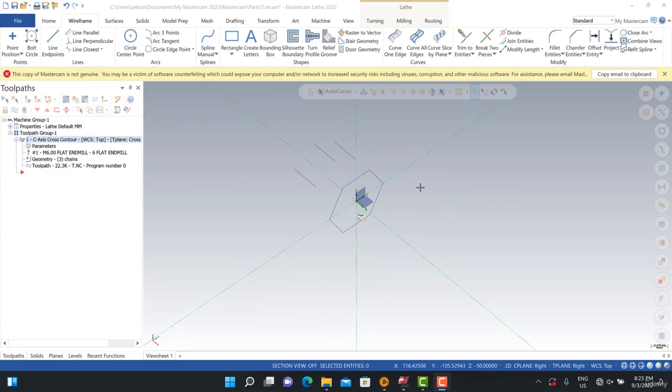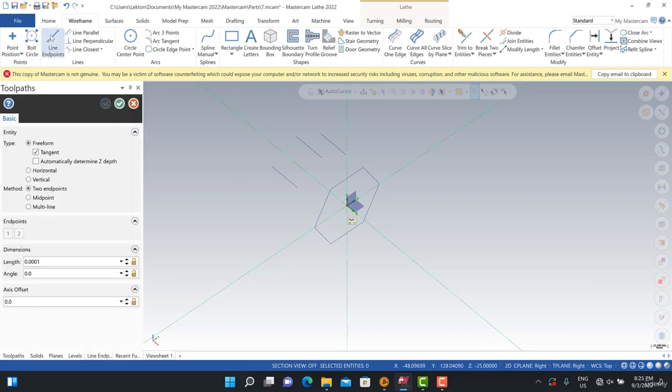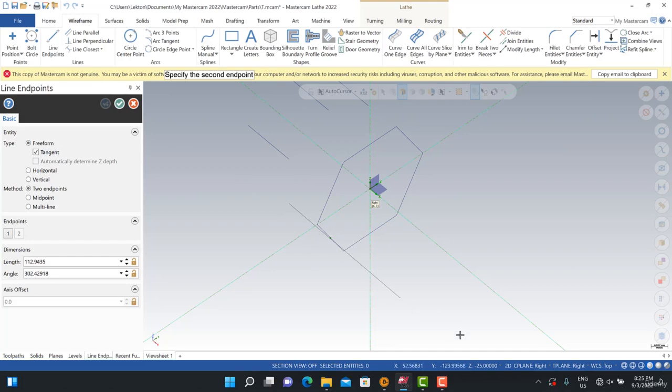In this lecture we're going to focus on how we can create this kind of line here. So actually I am here, this is my C plane, I can turn to right, and this is my Z position. My Z position can be -25, and then I can click the line and points options. After that I can click the midpoint of that line, so that point is going to be projected according to the right